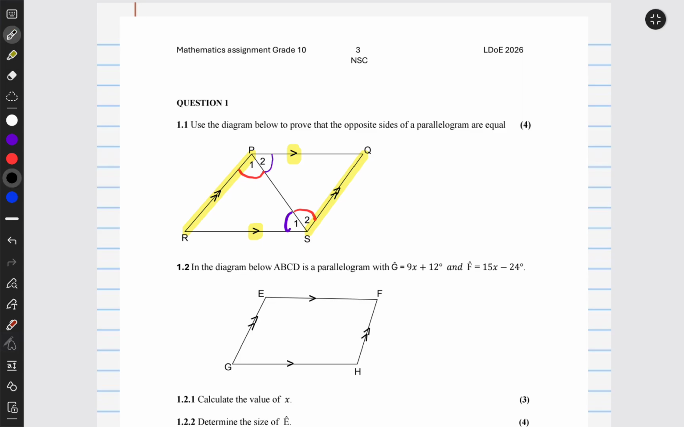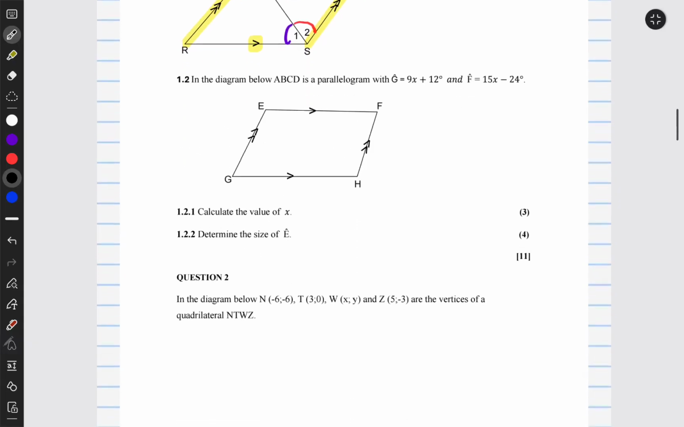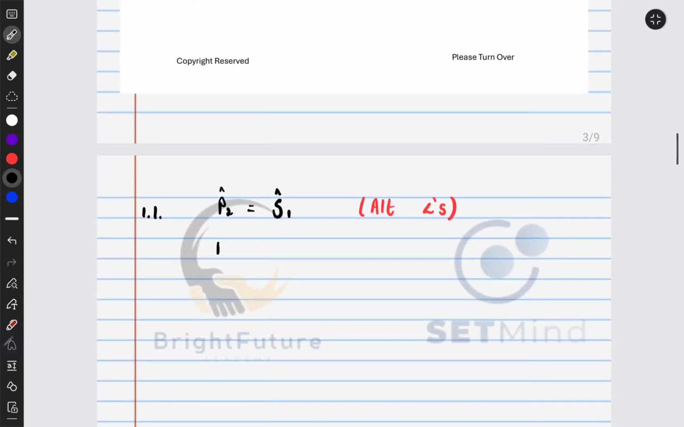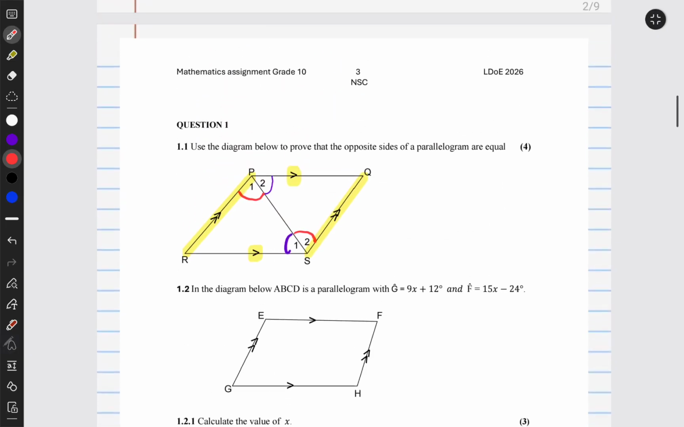So the conclusion that we have made is that angle P1 and angle S2 are equal. So I'm saying angle P1 is equal to angle S2. Once again, the reason is alternating angles. It's alternating angles at K. And then next, we can see when we consider these two triangles,